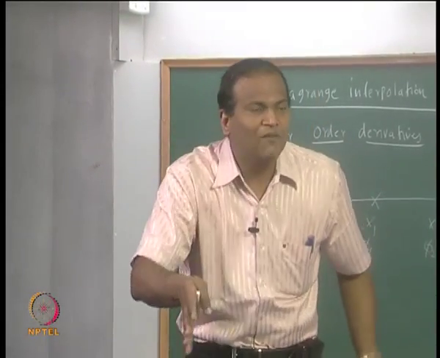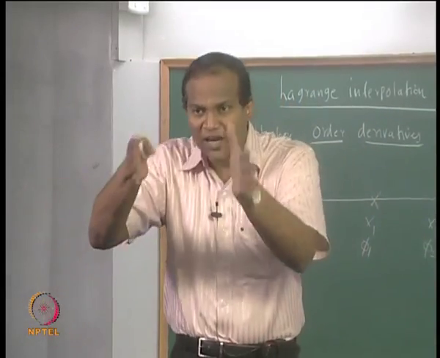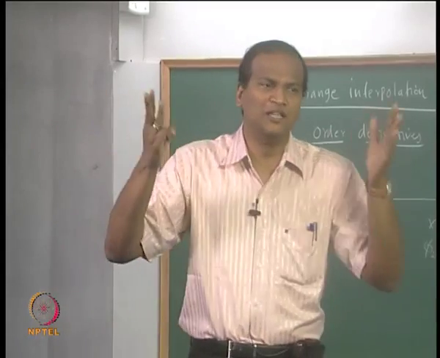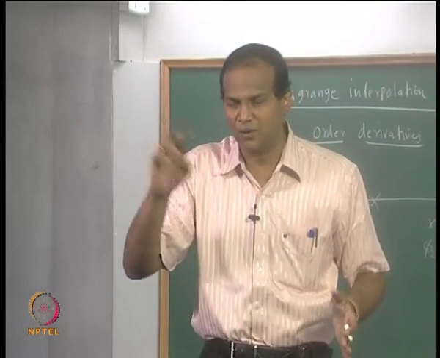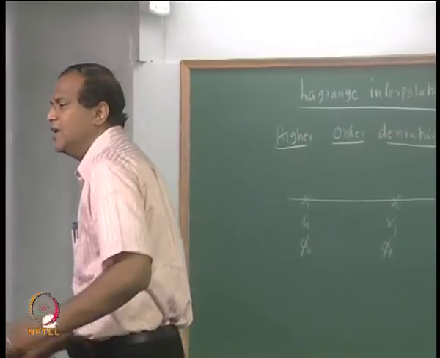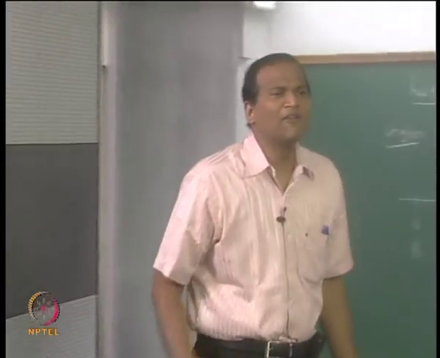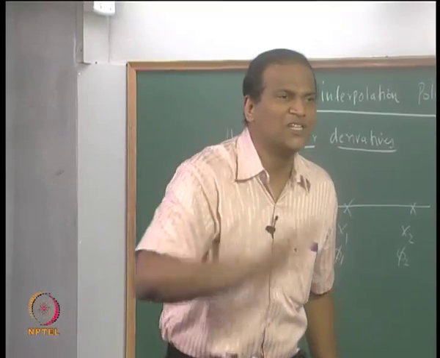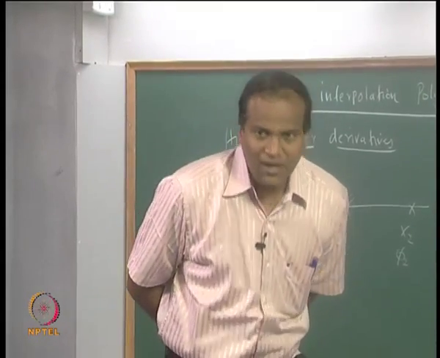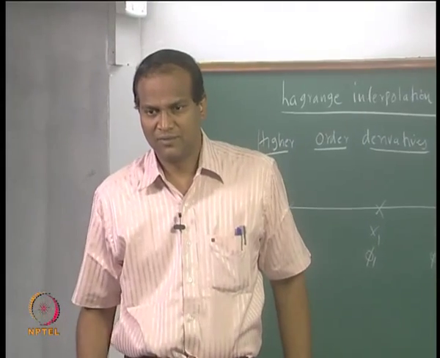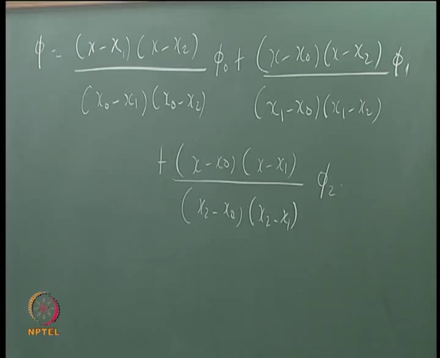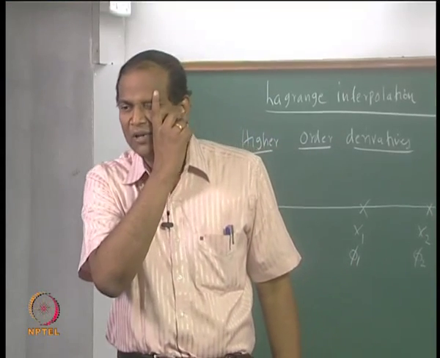So there will be error when you interpolate between these points, between x0 and x1 or x1 and x2. But given that you have only 3 points and you want a polynomial which passes through all the points, the best is the polynomial of order 2. Locally you can have a linear interpolation between x0 and x1 and x1 and x2, this is what you did using steam tables. But if the function is non-linear, this is a much better approximation compared to linear interpolation, though linear interpolation can be quickly done on your calculator, right. This will take a little longer, but this will be more accurate.